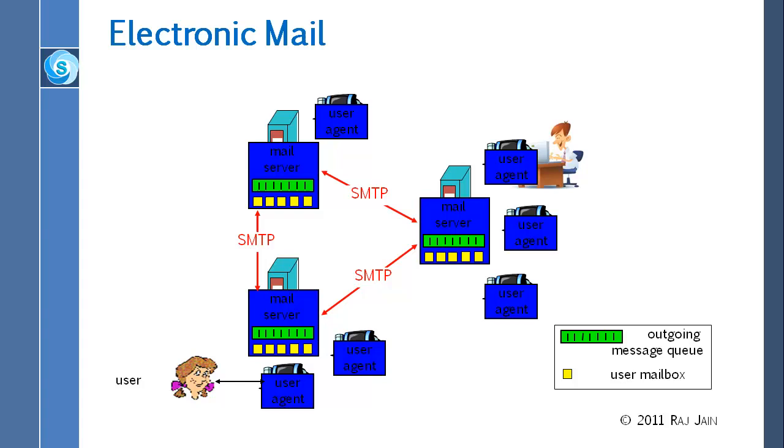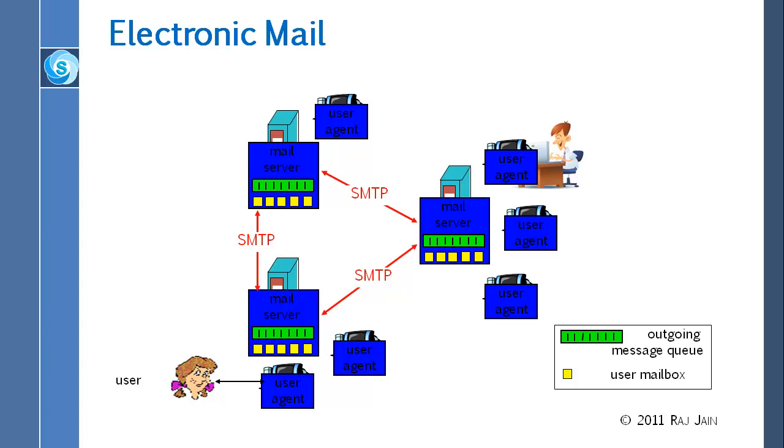All right. So basically, each server has a queue of messages that need to be sent out to the next server. Now, it doesn't have to be directly to the destination. It is quite possible that a message can go to some intermediate server. From there, it can go to some other server before it reaches the final server. So it is a store and forward kind of thing,